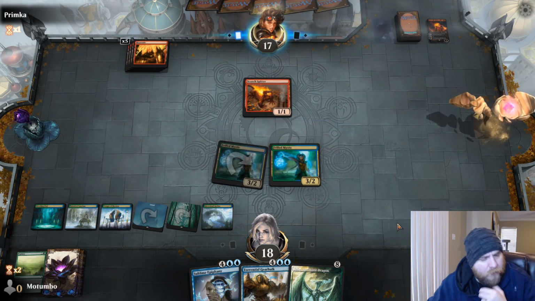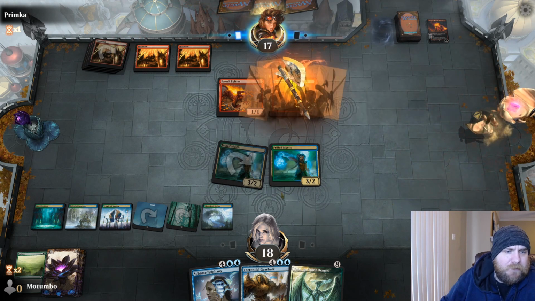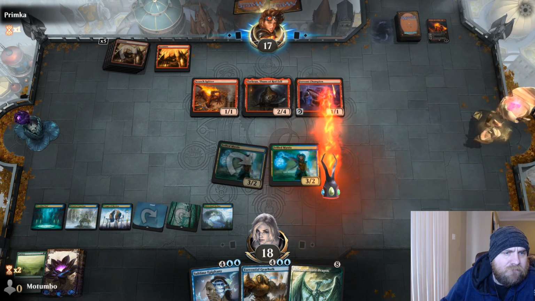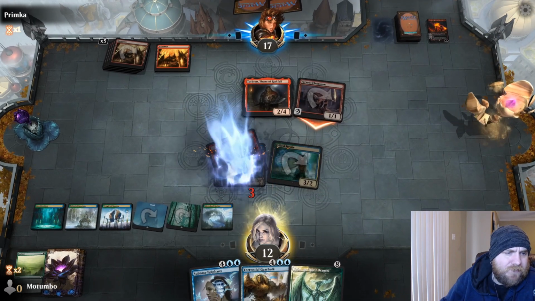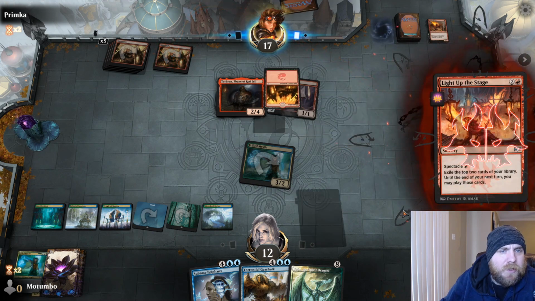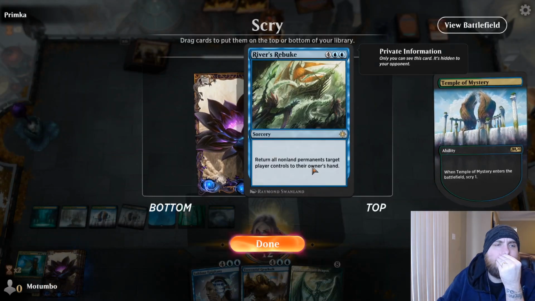So we give them a window. A window for something pretty nasty, I'm sure. Yep. Yeah. That's a lot of damage. A lot of damage. I just want to draw 2 lands in a row, to be 100% honest with you. There's one. This will get us to...